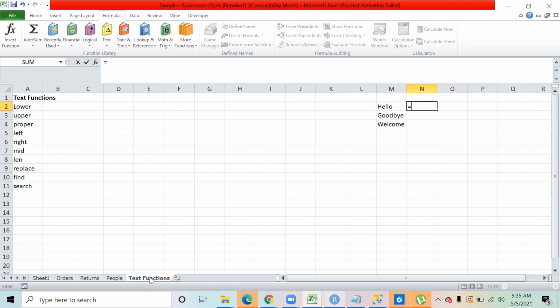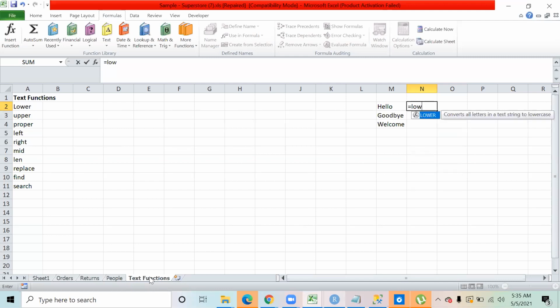From that, Excel understands right away that you are now writing a formula. You can either write equal to or you can write plus. If your context starts with an equal to or plus sign, Excel knows that you are going to write a formula over here. But generally we use equal to only, so I'll use equal to.